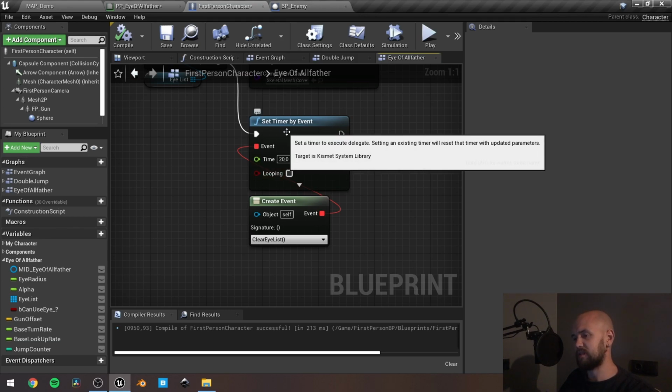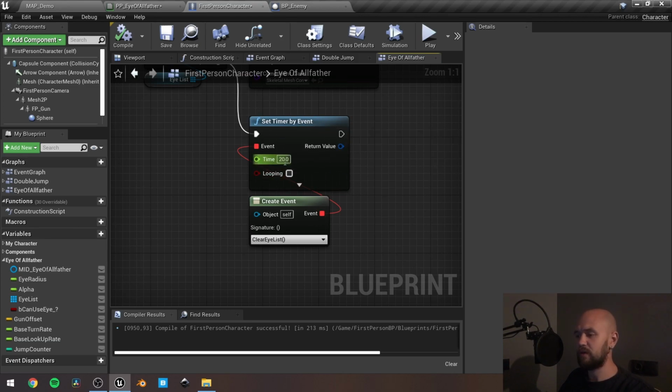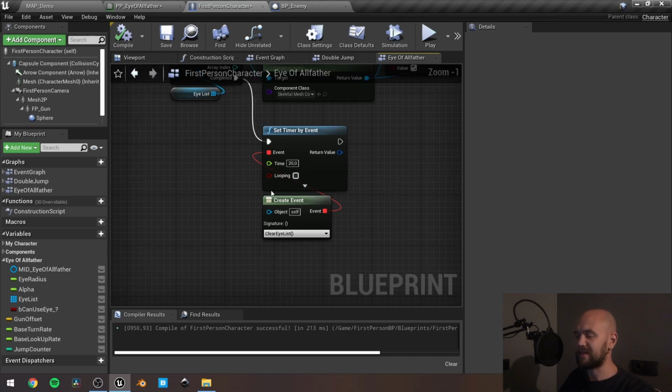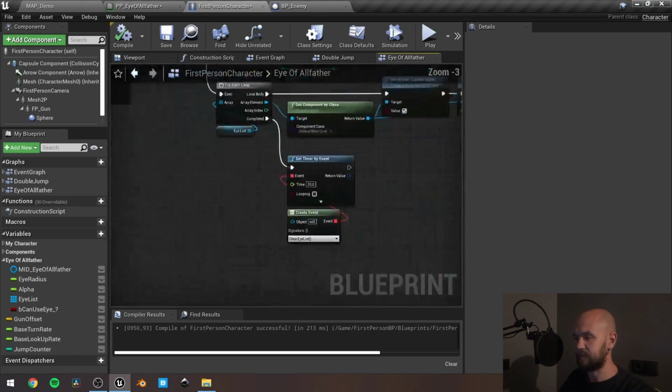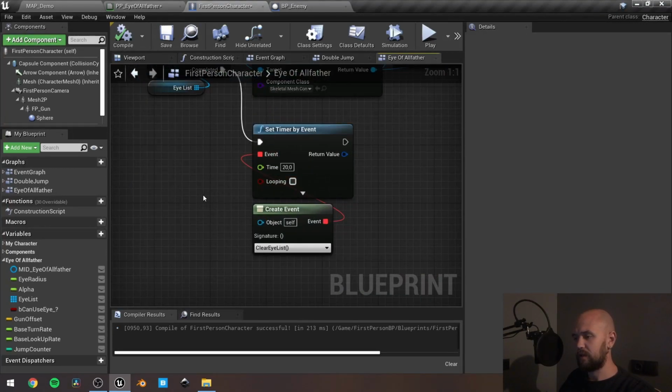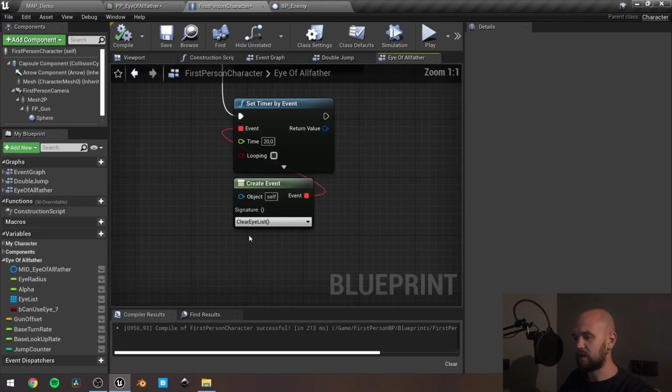I made some sort of a mixture. The effect will last 20 seconds, and while it lasts, I can't use or prolong the ability. So after 20 seconds,